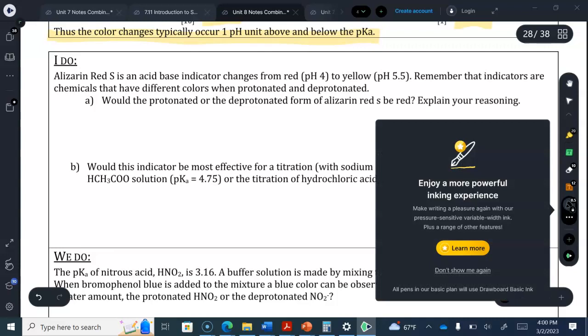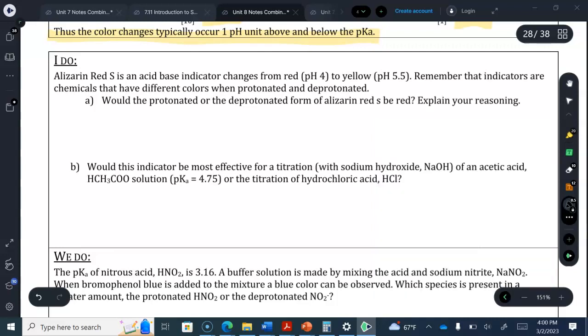So let's practice some of this. Alizarin red S is an acid-base indicator that changes from red, pH 4, to yellow, pH 5.5. Remember that indicators are chemicals that have different colors when protonated and deprotonated. Would the protonated or deprotonated form of alizarin red S be red? Explain your reasoning. Okay, so we see that the red form is at the more acidic version. So that tells us that the protonated form, or HIn,